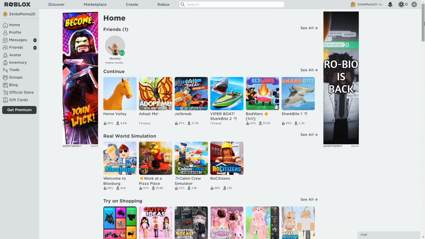So here I am logged into Roblox. I am an adult, but I can create an account just like anyone else can. Join any games I want, see which users are in the games, participate in the chats, and send friend requests to other users. So keep that in mind. As a parent, you don't need to create your own account, but you definitely need to make sure that you can access your child's account so you can set up the parental controls. I will show you how to do that in a few minutes.